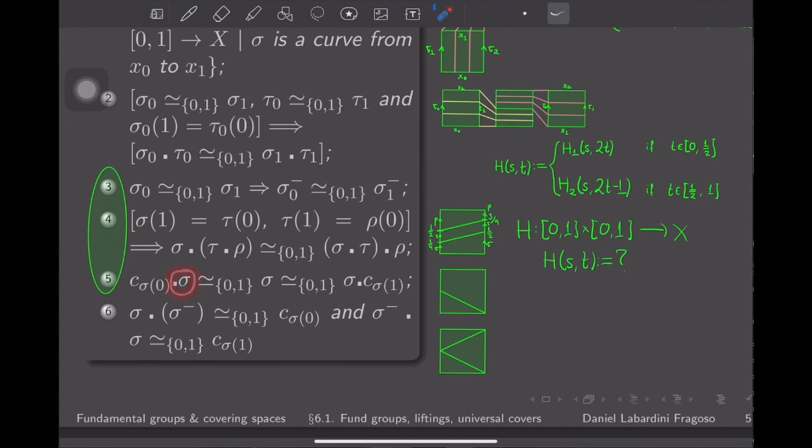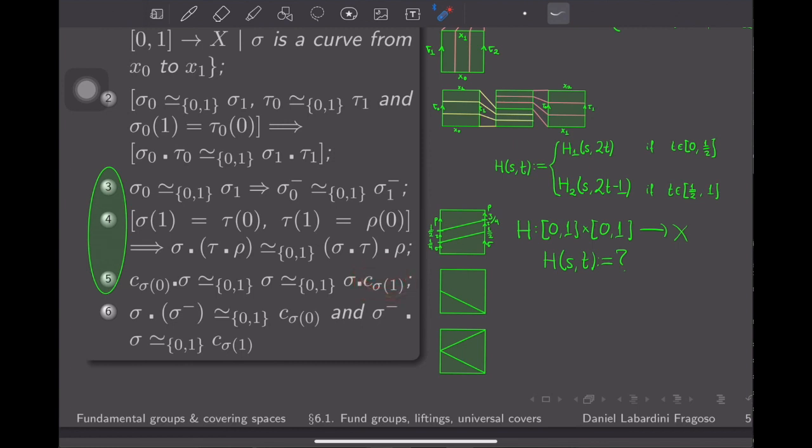That is homotopic relative to endpoints to just traversing sigma, and is homotopic relative to endpoints to traversing sigma twice as fast first, and then parking, staying still for the last half of the time